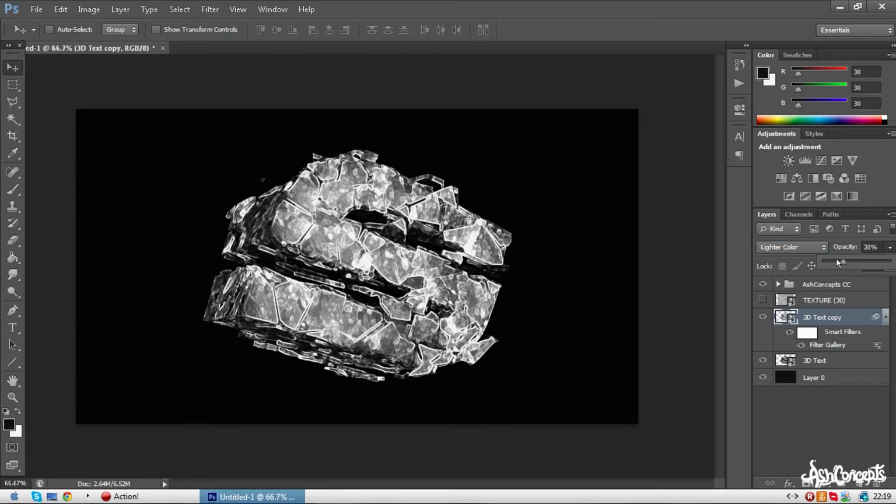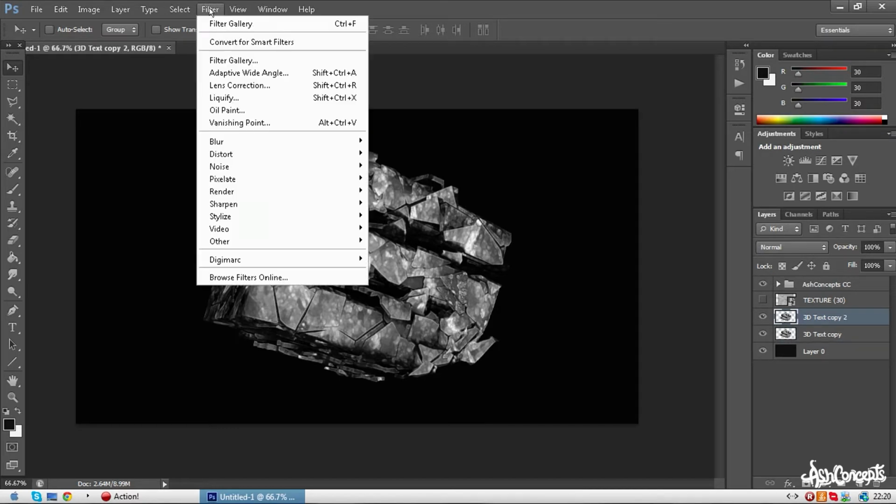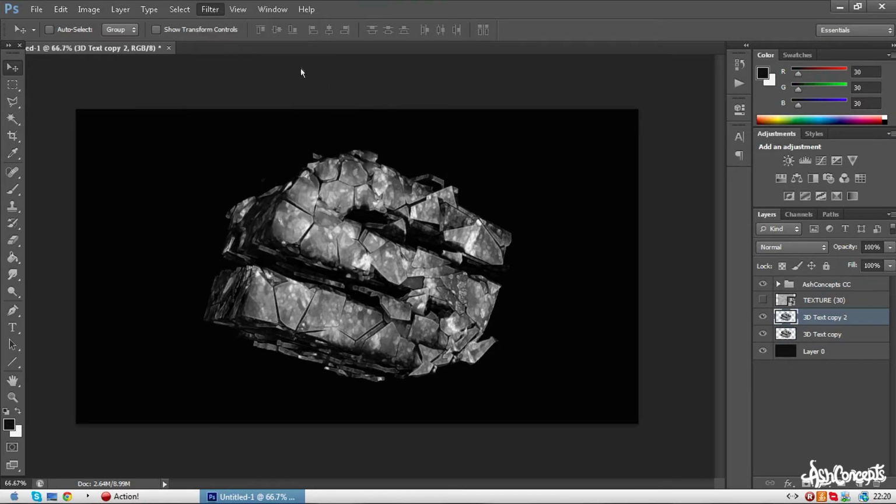Then just go to your opacity and drag it down, depending what you would like your logo to look like. So around 30 looks good on this. Then just click on your duplicate, hold Ctrl, click on that, Ctrl E to merge them, then Ctrl J to duplicate them again. Go to Filter, Filter Gallery,